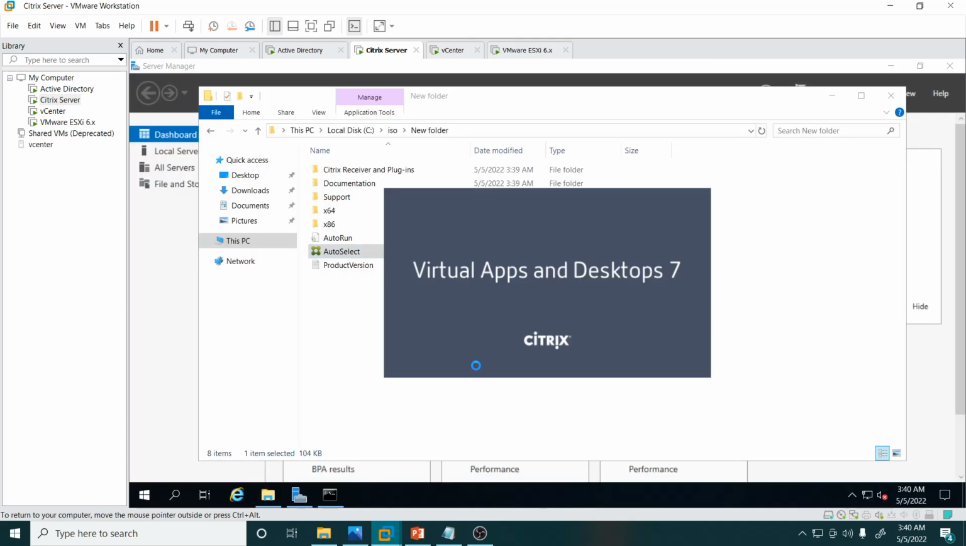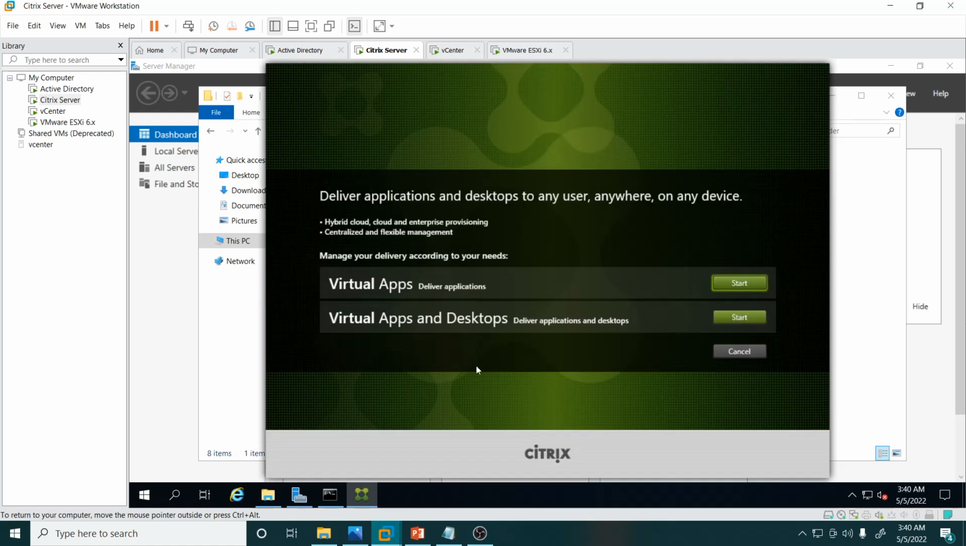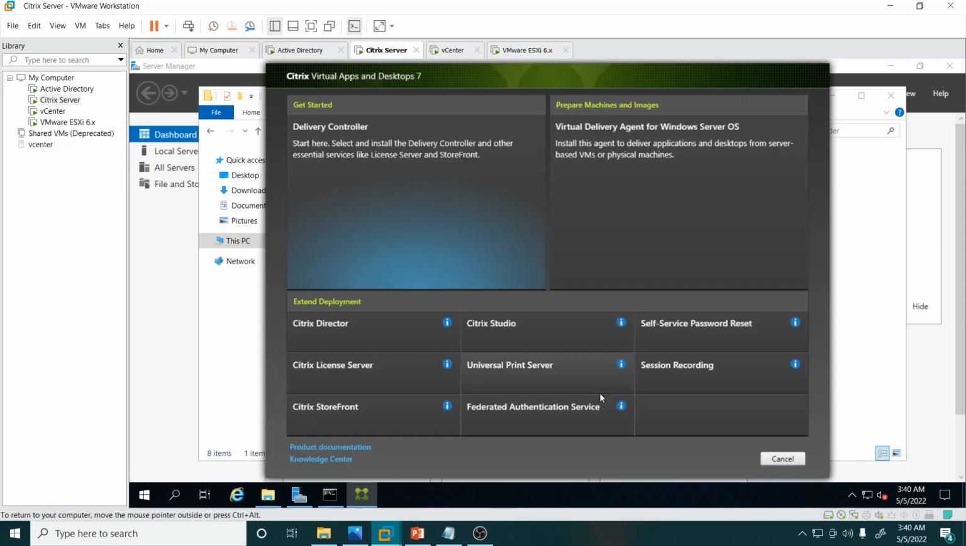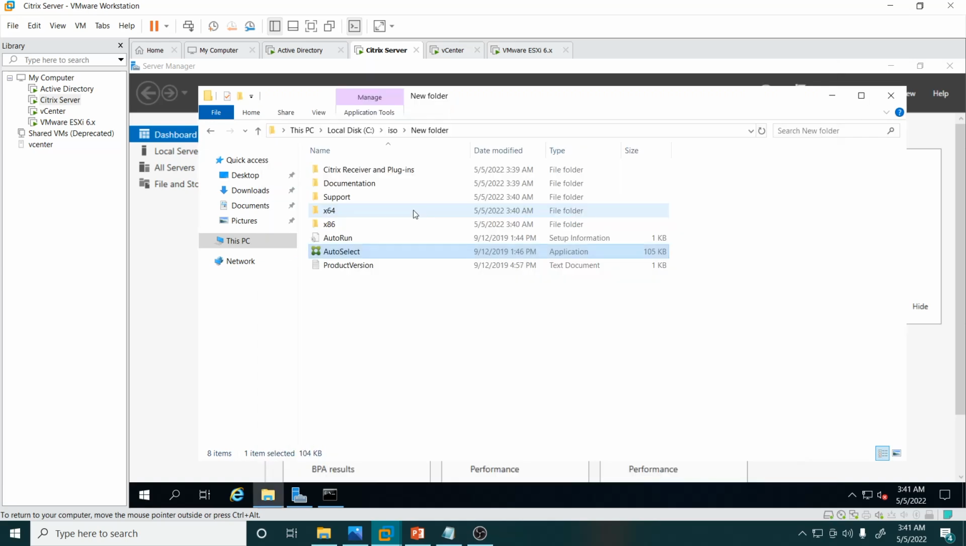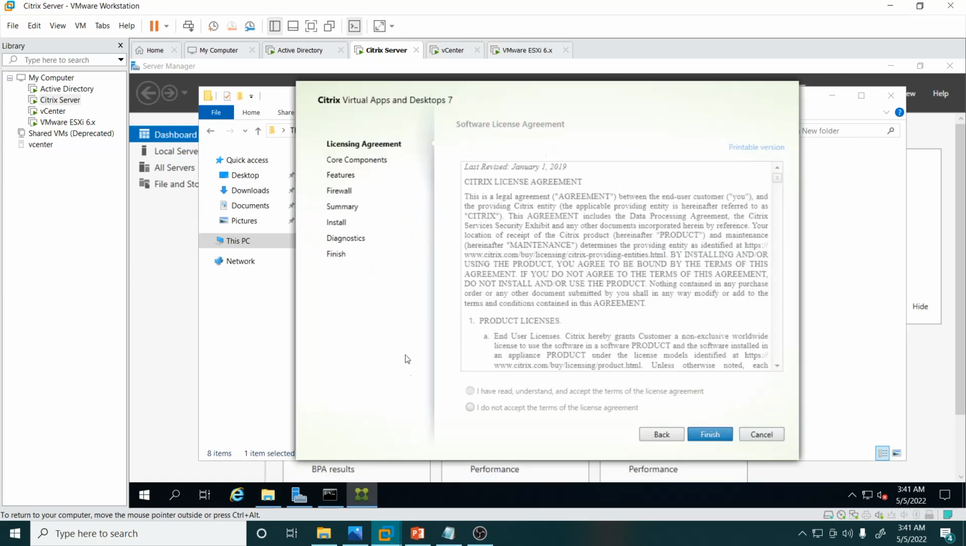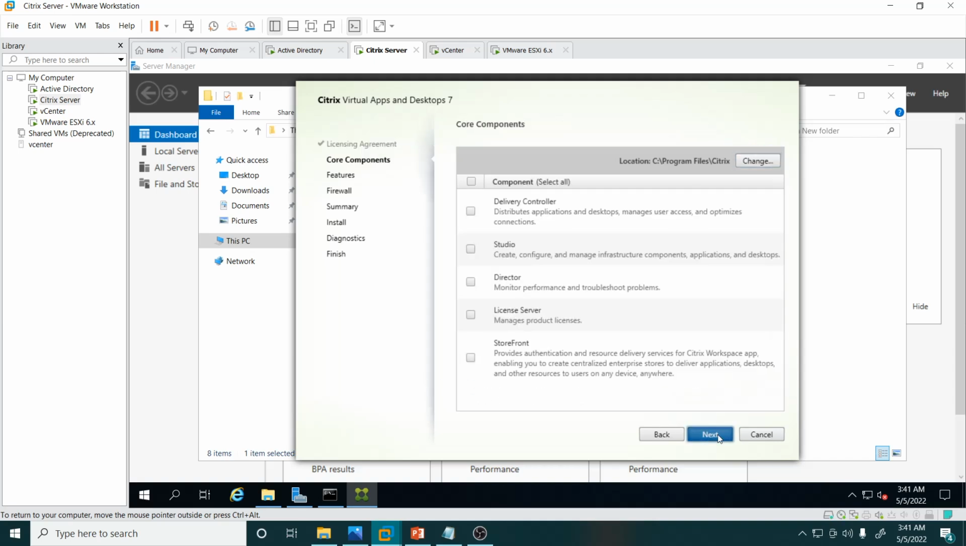Auto select, yes. What I mentioned earlier, we need to select this option, virtual desktop, to deliver application and desktop. Click on start delivery controller. Accept the agreement. Now see, the delivery controller distributes application and desktop, manages user access and